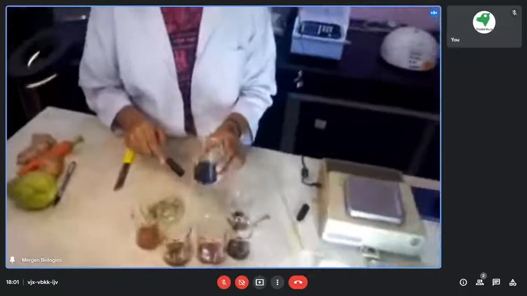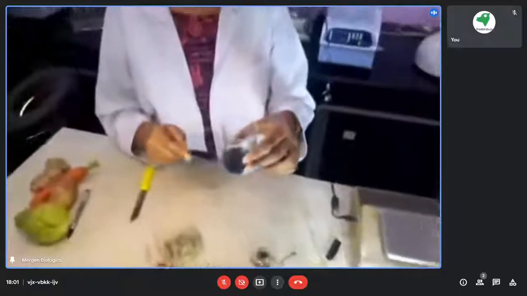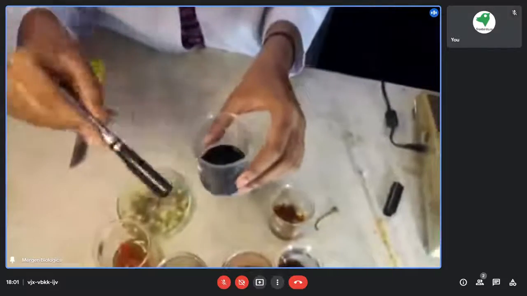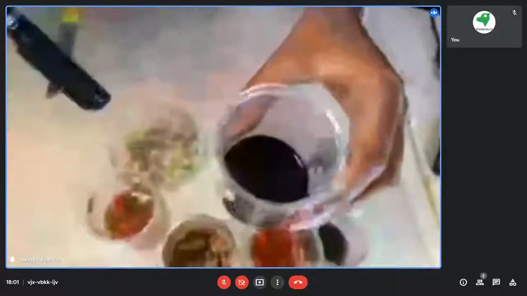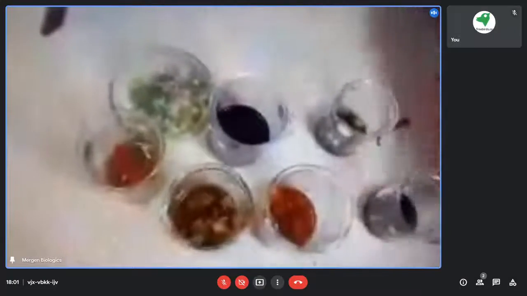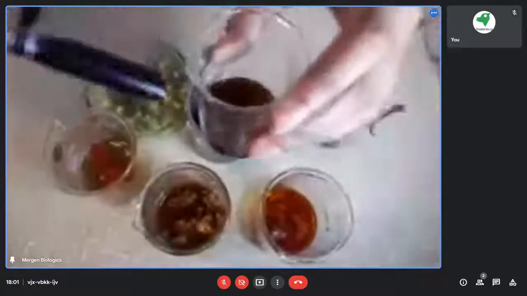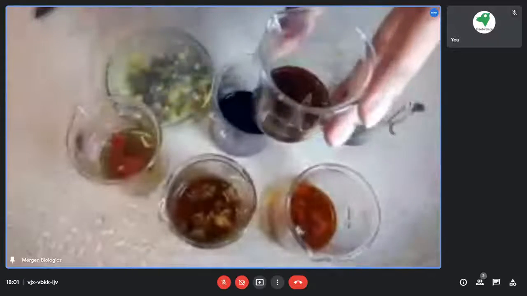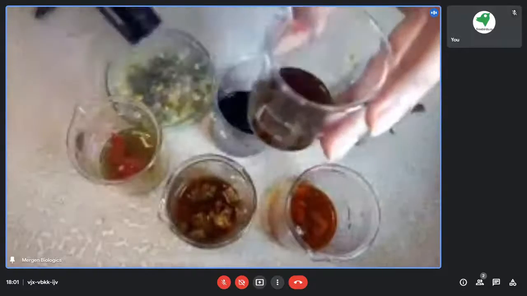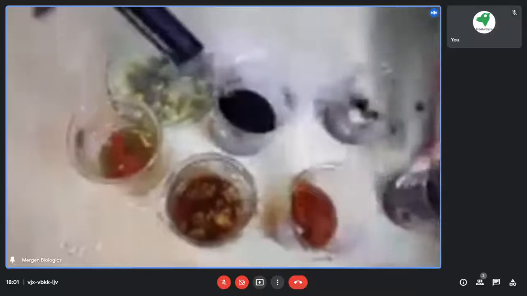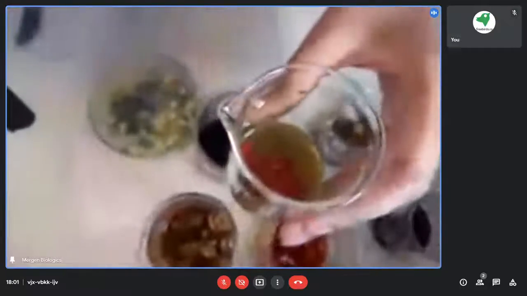So you can see, if you remember, this is the rice beaker. In this beaker I have taken rice, and it has a very beautiful deep blue color. Again, in this beaker I have taken potato, and this one is also somehow blue, not a very clear blue, but somehow blue. But this beaker where I have taken chili, the color is totally different from this.